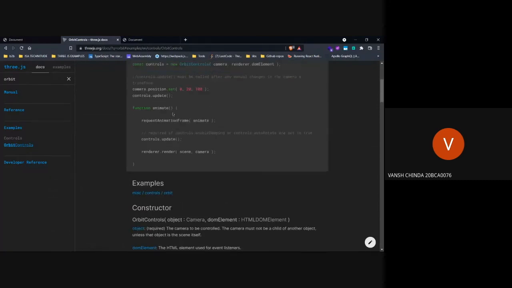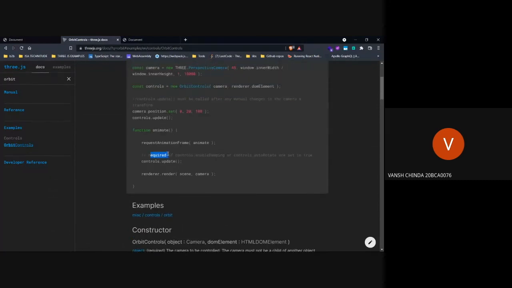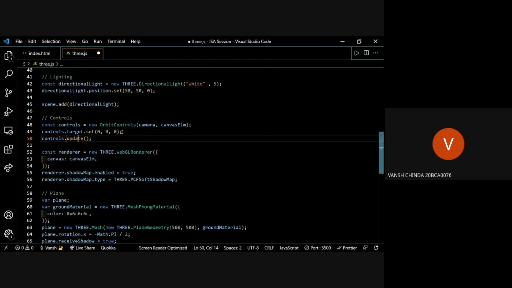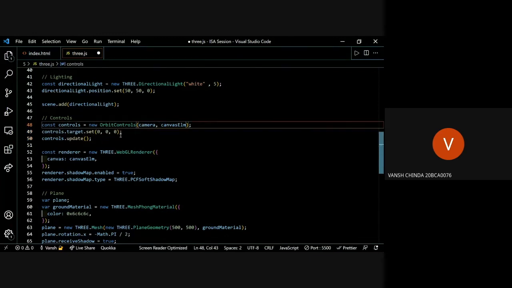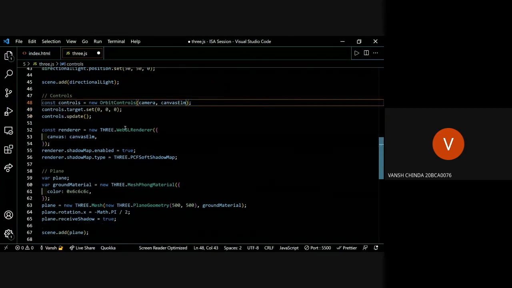So basically it's written here: it's required if controls.enableDamping or controls.autoRotate are set to true. We didn't set these two things to true, but I think they are set to true by default. If we set these to false, we don't need to call this function. So basically, if we change anything in our control settings, we need to update it. That's basically it. Your control has been added.